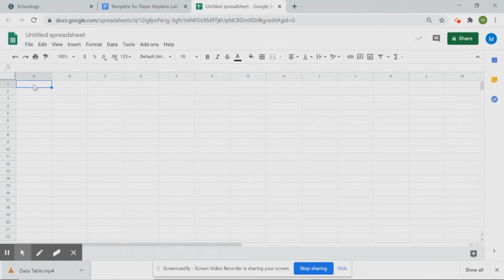So we need to put the title in for our graph. So not the title of the graph. We need to put the title of the X and the Y axis labels on our graph. So our independent variable goes on the left. That was center of gravity. Notice I have it capitalized. Okay. And then in column B, I need to put distance, and then make sure you don't forget to put your units in there. In my case, it's meters. Yours might be steps or feet or yards or whatever you were measuring in. And then front, middle, spelling accounts, and